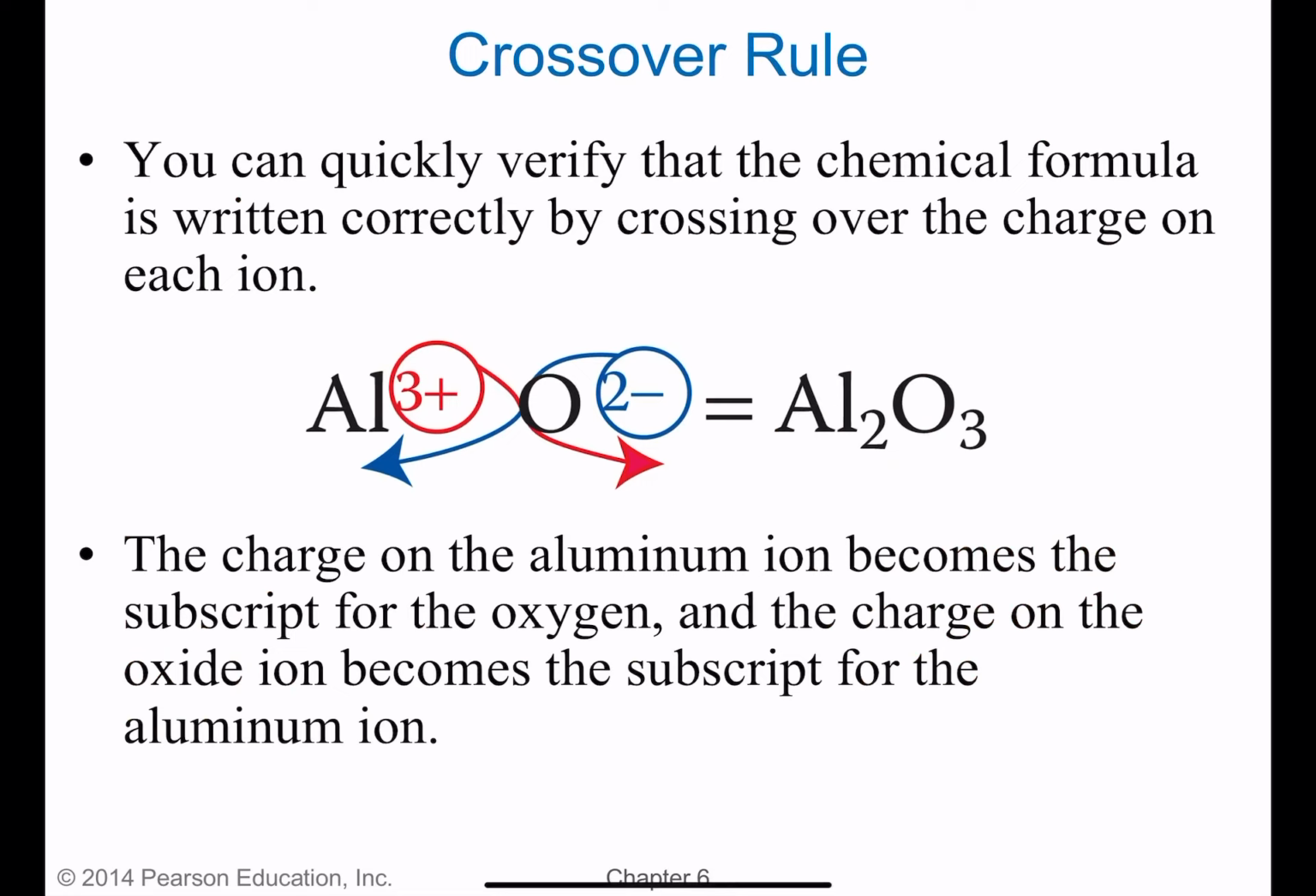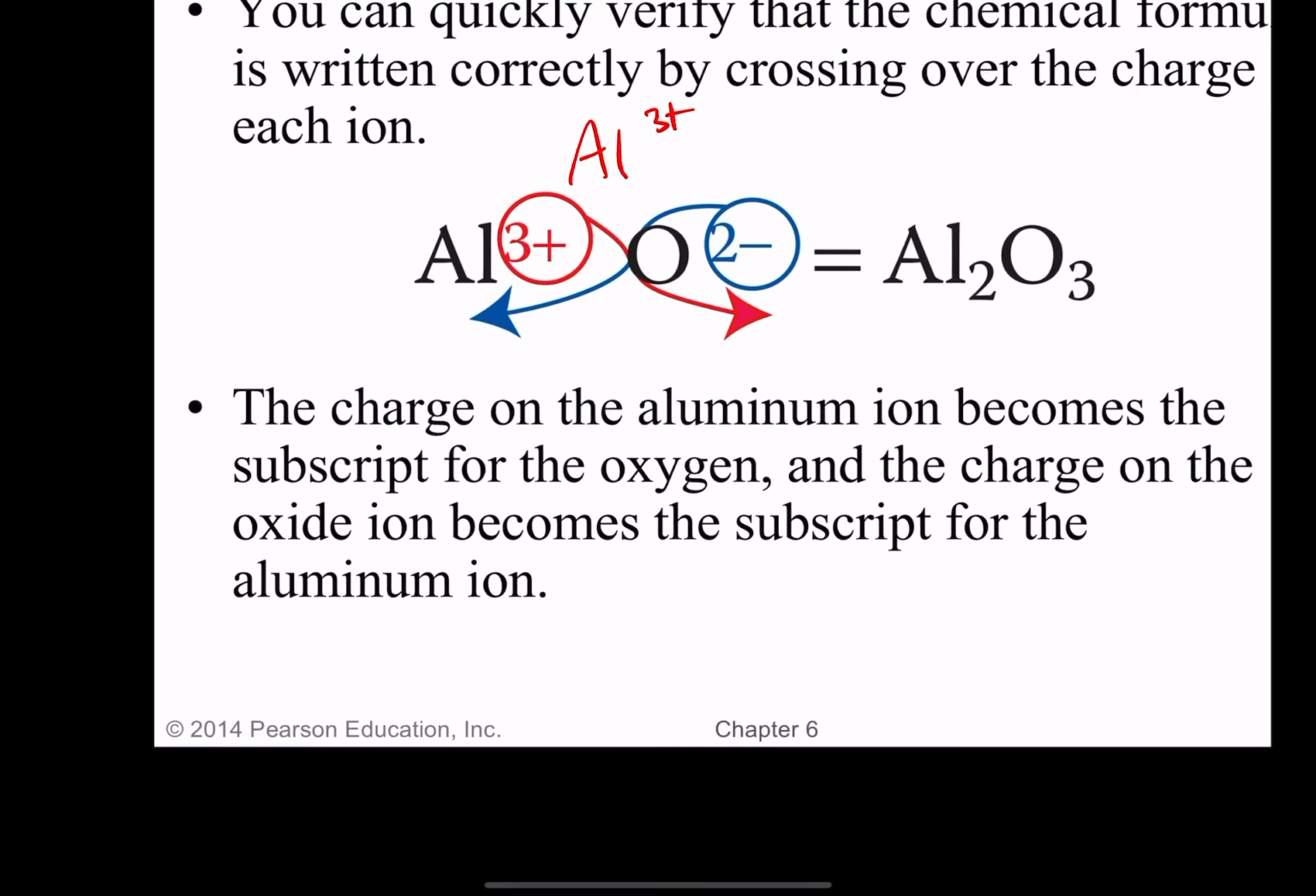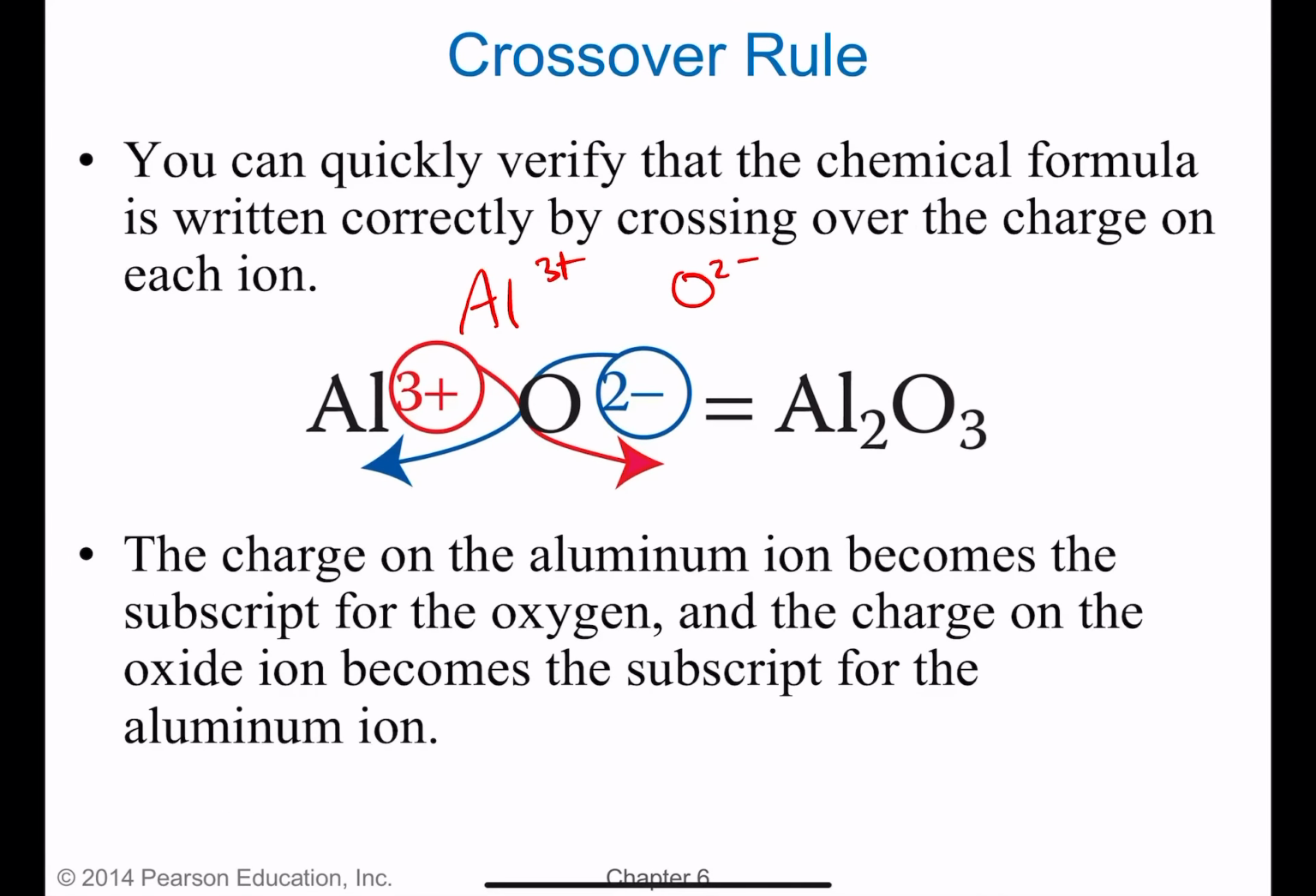This is just kind of a trick, if you will, to verify that whatever chemical formula you came up with is correct. It's like the crisscross or crossover rule. So aluminum is always 3+, you need to memorize that. And oxygen is always 2-. You can figure that out from the column in the periodic table, but it's also something you should memorize. If you just take the 3 and the 2 and crisscross them down, then you get